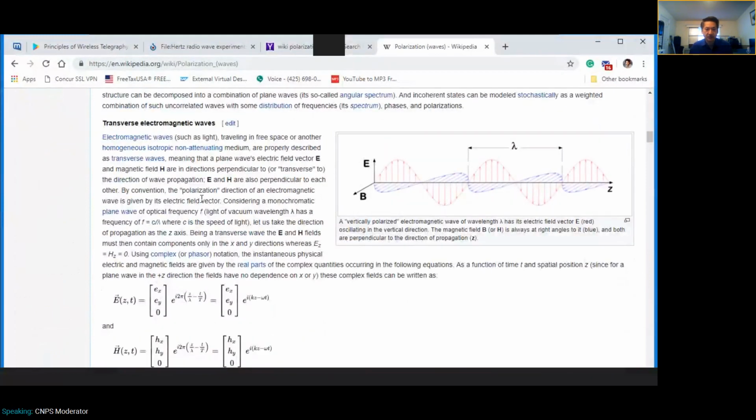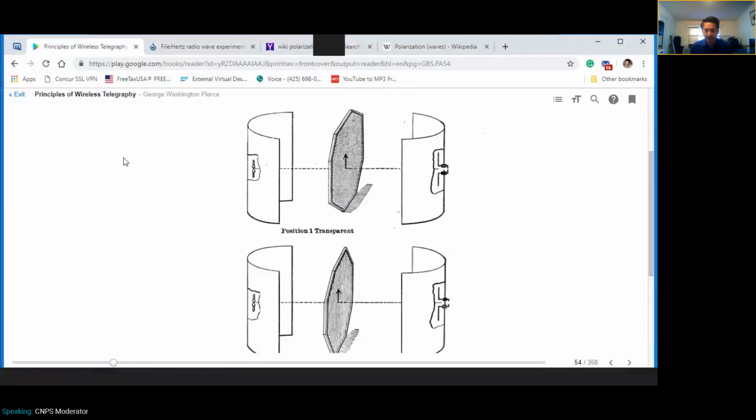So oftentimes the wave is displayed like shown here with time-varying electric and magnetic fields. And I think Hertz himself had some things to say about it. And I think that probably our conventional view of electromagnetic waves is highly influenced by what Hertz said. But going back to the original pictures here,